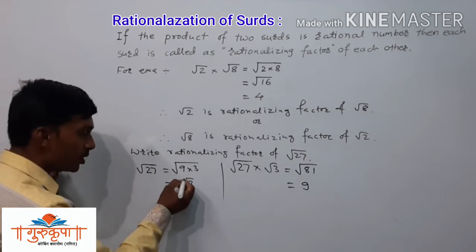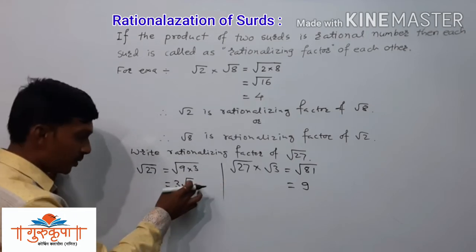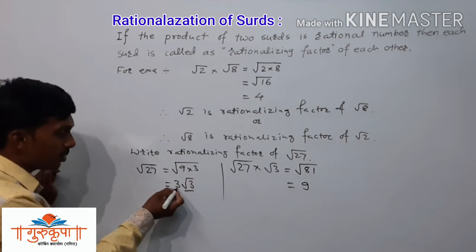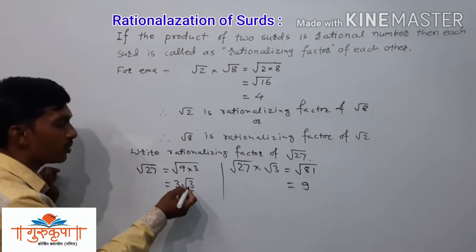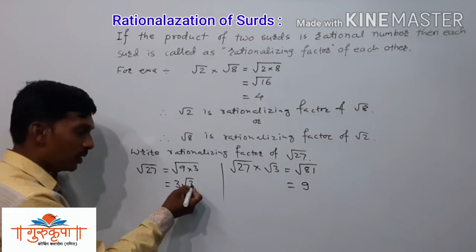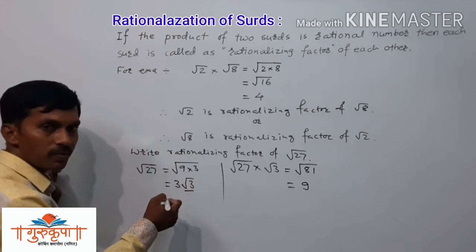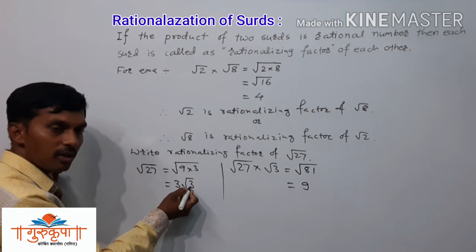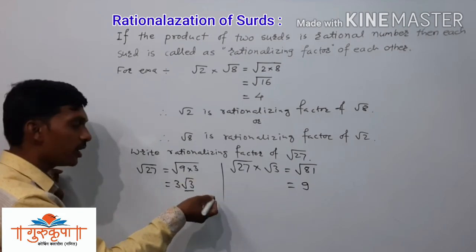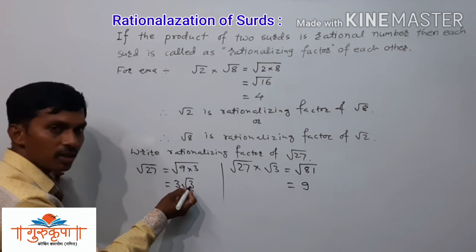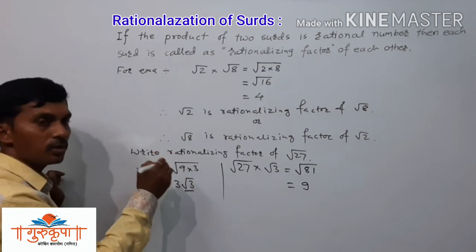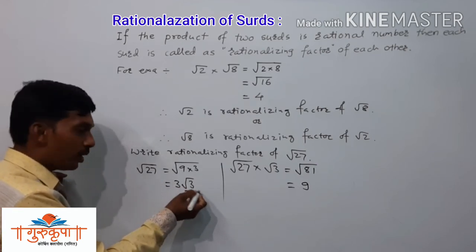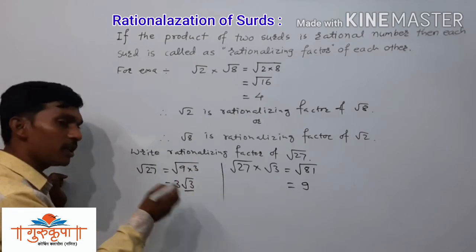So if we multiply this root 3 by root 3, then it will be converted into a rational number. It is already rational. Now suppose you get 5 here, 3 root 5, then you have to multiply it by root 5. If you have 5 in the radical sign, then you have to multiply it by root 5 only. So you will get the rational number. If you have root 11 here, then you have to multiply that by root 11 only. So you will get the rational number. If you have root 21 here, then you have to multiply that by root 21. So you will get the rational number there.